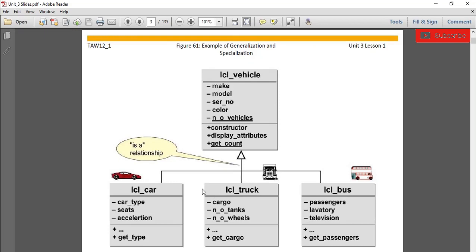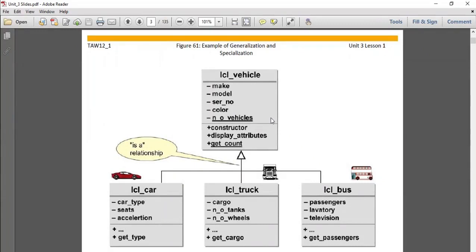When we read it like this, car is a vehicle, truck is a vehicle and bus is a vehicle, this is called generalization. And when we read it like vehicle can be a car, vehicle can be a truck, vehicle can be a bus, then this is called specialization. So generally we have 2 types of relationship in inheritance, called generalization and specialization.